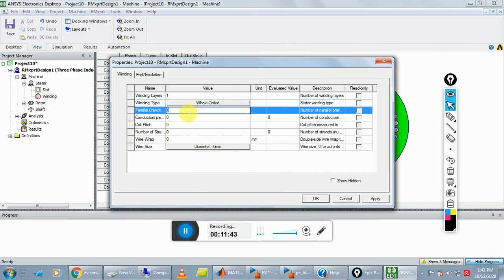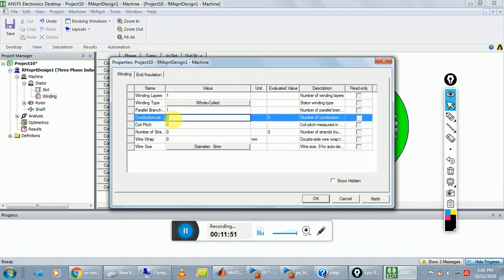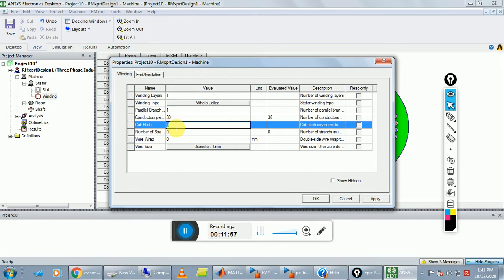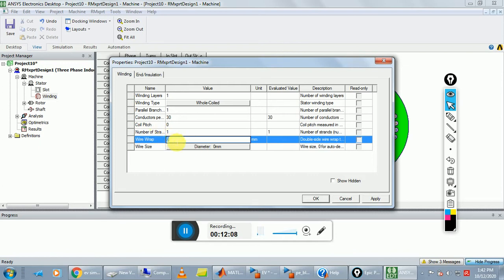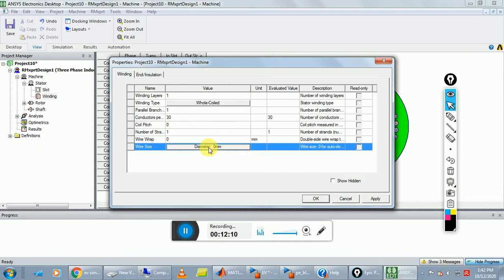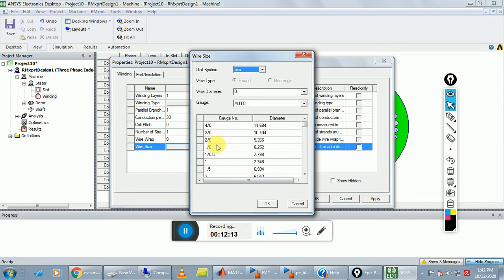And next step is number of parallel branches is 1, and conductors per slot is 30, and coil pitch is 0, and number of strands is 1, and wire wrap is 0, we don't apply wire wrap, and select wire size.